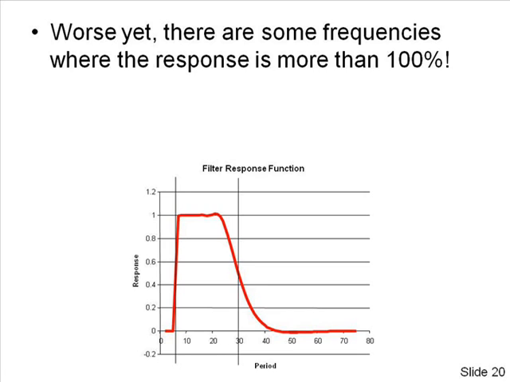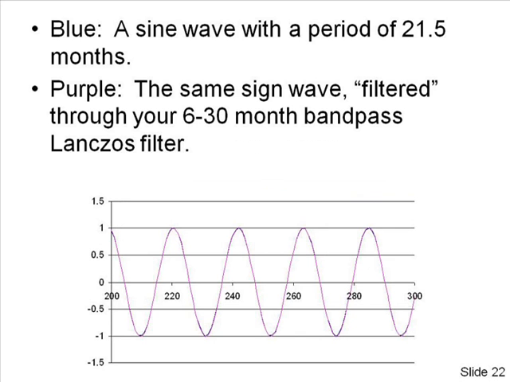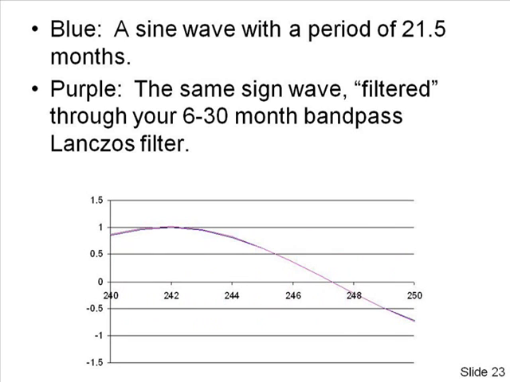If you take a look here, I just zoomed in real tight on the frequency response function. Right around 21, 22 days, the frequency response is slightly greater than 1. Now, as you're going to see, this is by no means the worst example of that problem, but it did get to be slightly more than 1, and somewhere near 21 and a half months, we had a peak slightly higher than 1, which means that our filter won't just preserve those oscillations,